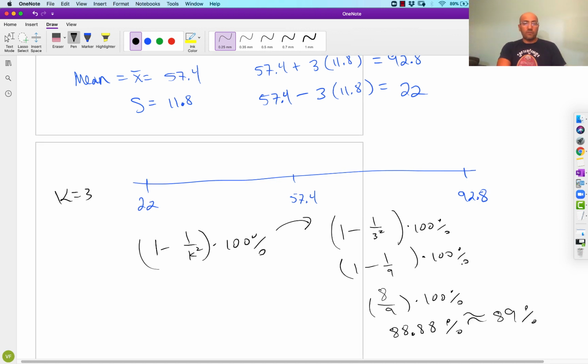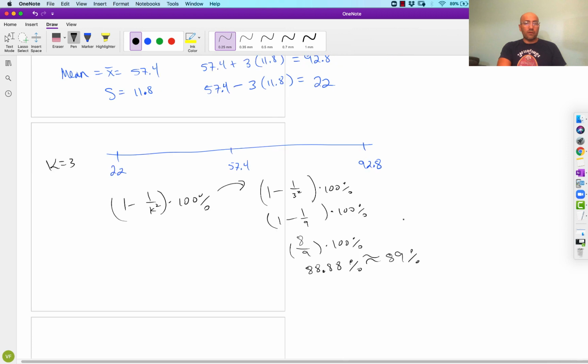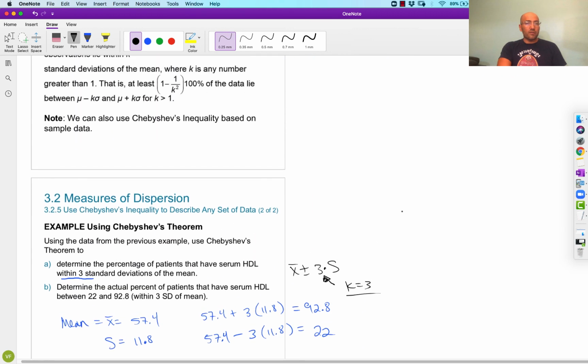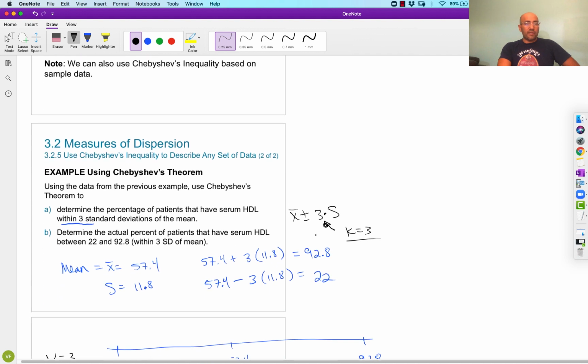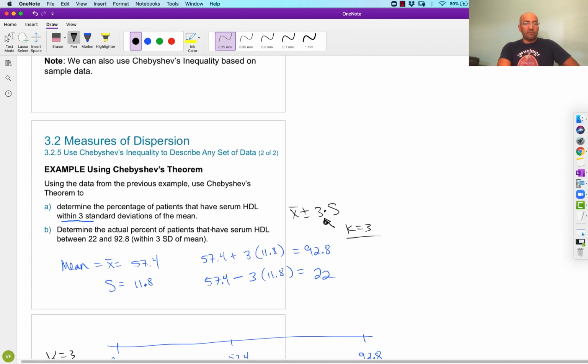Okay, so notice that's what Chebyshev says. For any data set distribution, at least 1 minus 1 over k squared percent of the observations lie within k standard deviations of the mean, where k is any number greater than 1. Okay? So, good. Okay, so now for part B, it says, determine the actual percentage of patients that have a